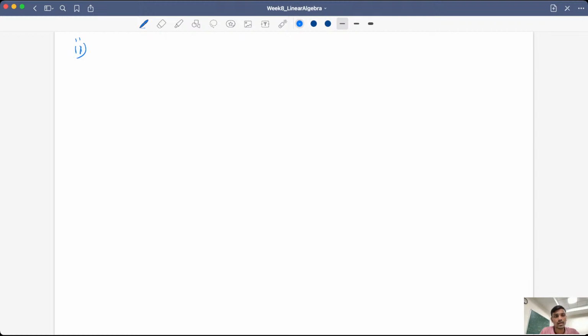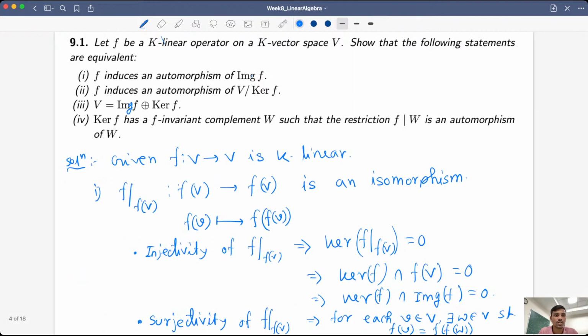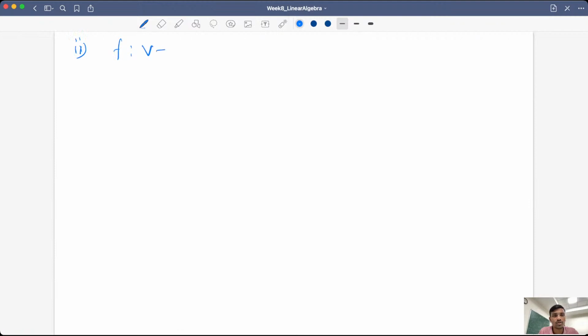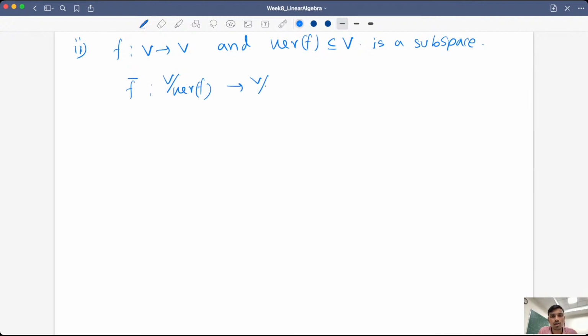So again, f induces means that I have a map from f of V to V, and kernel f I know is a subspace of V, right? Now I can consider V mod kernel f,